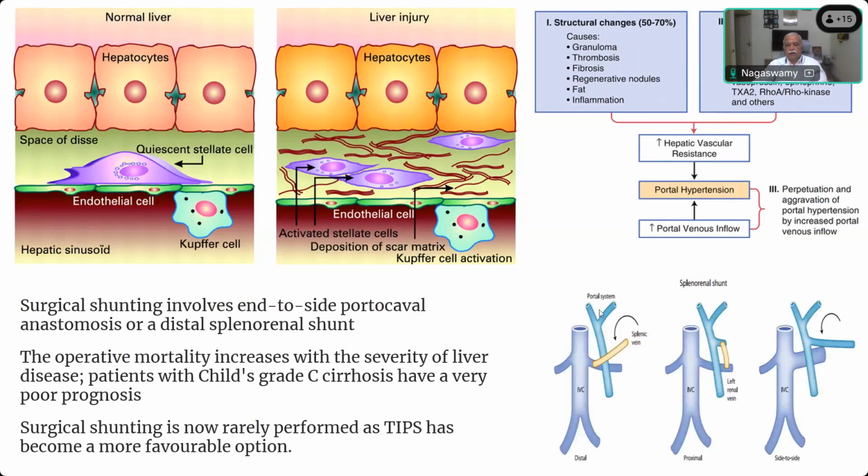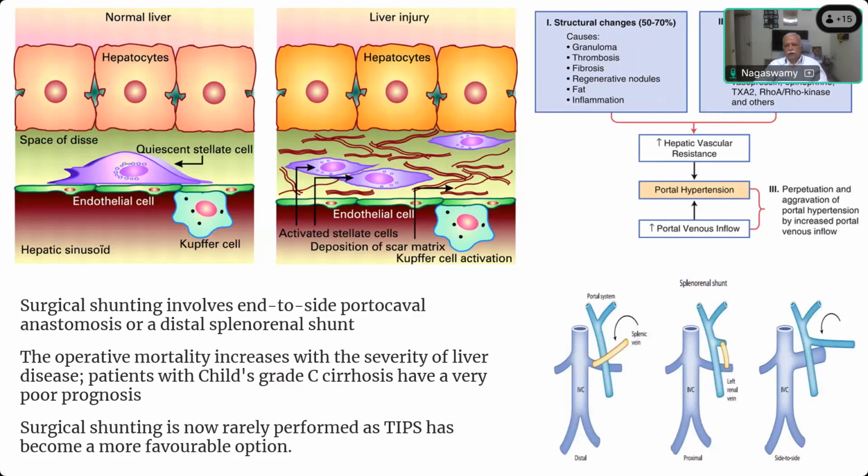So here you can see the portal venous system. The portal vein is dilated here, and there is a spleen here which also communicates with the portal system that is connected to the renal vein. So this is the IVC. Earlier they were doing a direct communication between the portal vein and the IVC, but later on this is called the distal